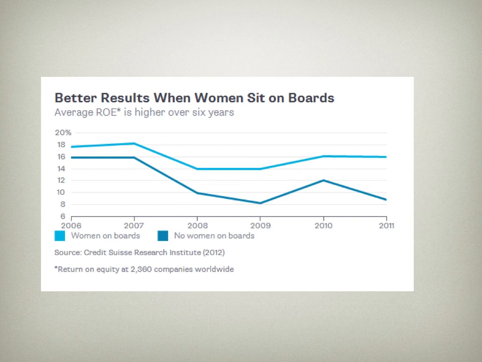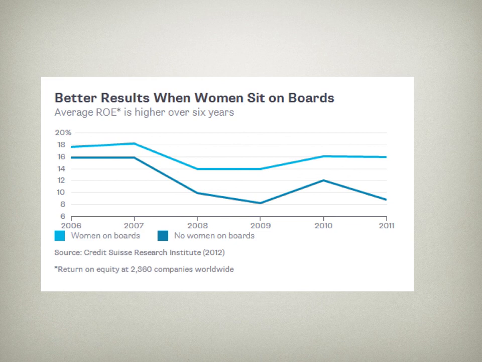Thinking outside the box. And here we can see over a period of 6 years how companies with no women on the board tend to have a lower performance than companies with women on the board. And we can see there is a considerable difference. So the difference we can see on the left from 6 to 20%, average ROE.